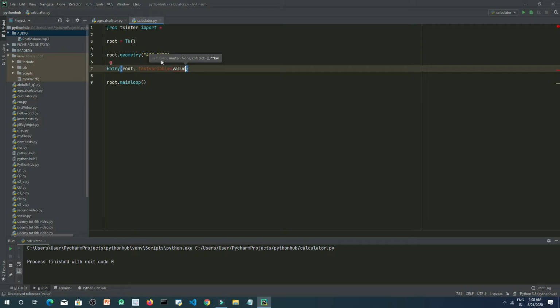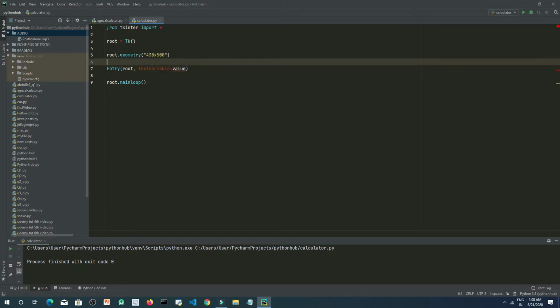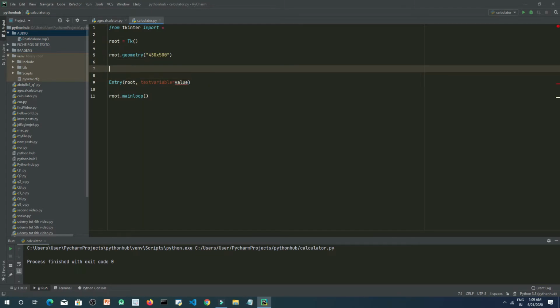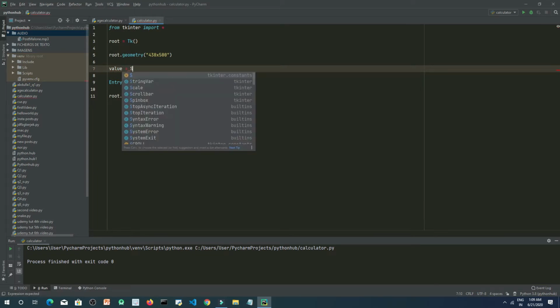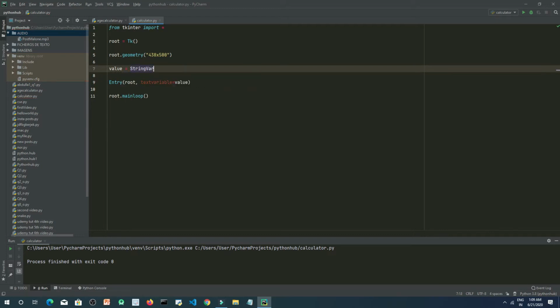Okay, so text variable, we need to create one variable here. So let's create it value. Let this be string type. Okay, string var.